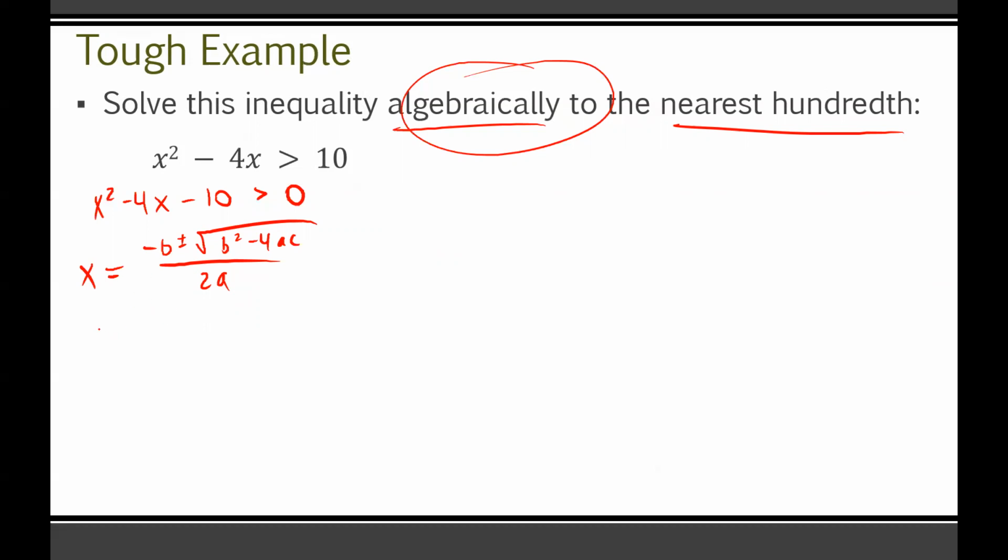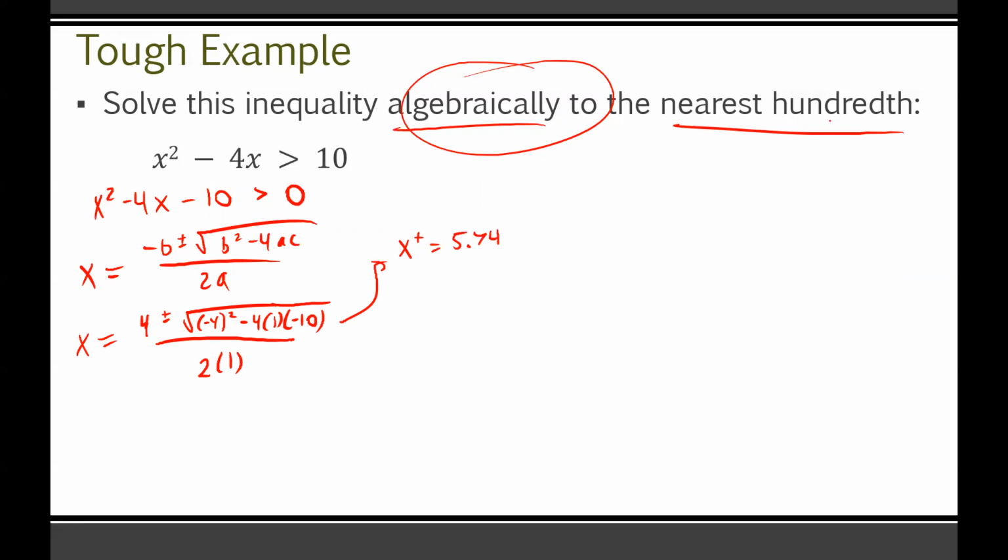Let's throw in our values here. It's going to be x is equal to -b, so -4, so +4, plus or minus the square root of b squared, so -4 in brackets, really important, squared, minus 4 times a, which is 1 in this case, times c, which is -10, all divided by 2 times a, which is 2 times 1. Now, when you solve this, of course, you have to do it twice because of this plus minus. So if you did it with the addition, and usually I just denote this with x plus, so 4 plus all this divided by 2 times 1, you're going to get